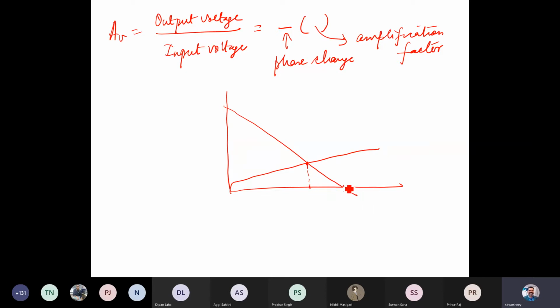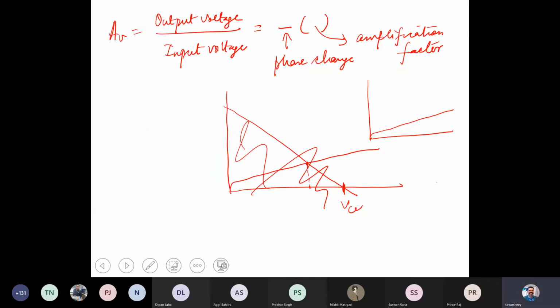So if it is at a VCC point here, this is not okay. So I mean to say, somewhere here in the center. So it's always preferred, because if there is any variation that may happen, the Q point doesn't change so much that it reaches the saturation region, right? So that's the final takeaway message from this Q point analysis, right?